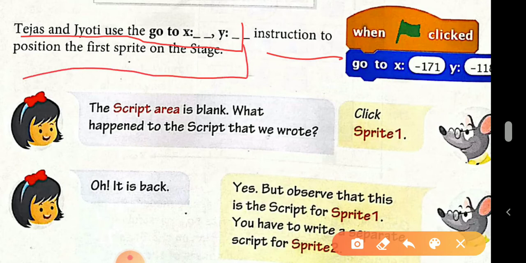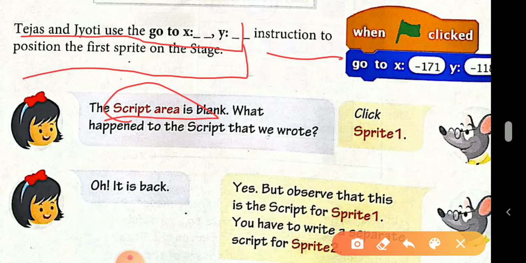Then the script area. Students, do you know what the script area is? The script area is where we build our scripts to move our sprite.